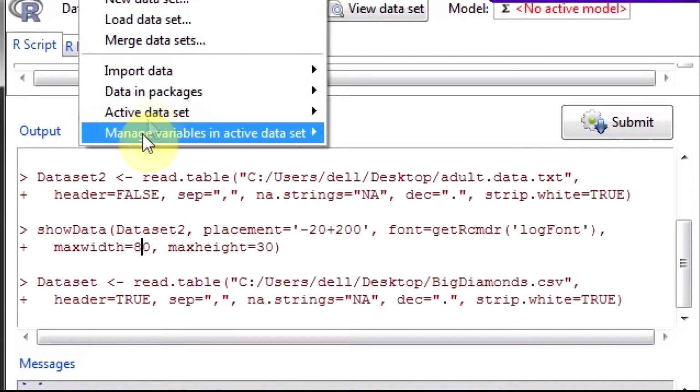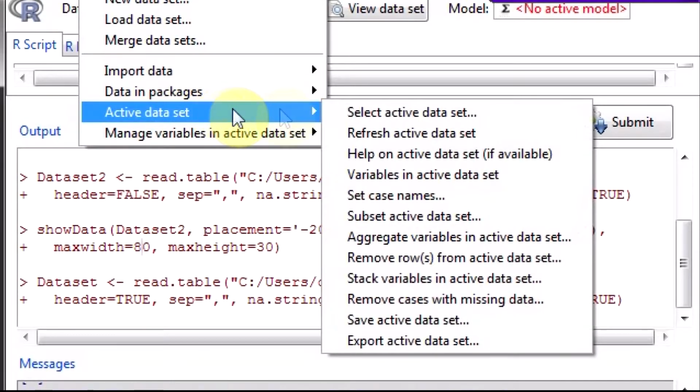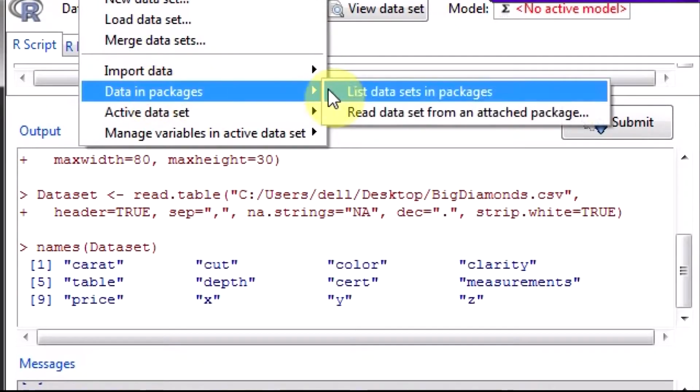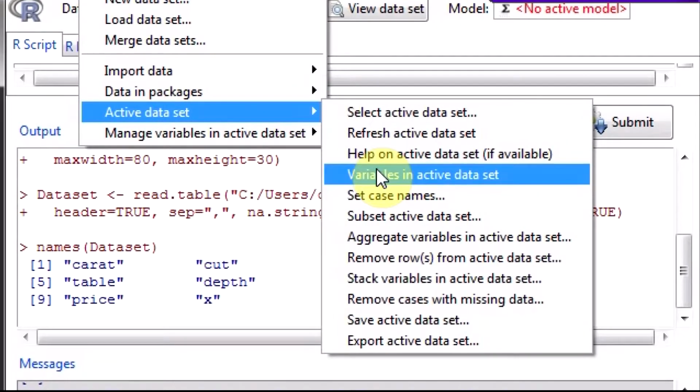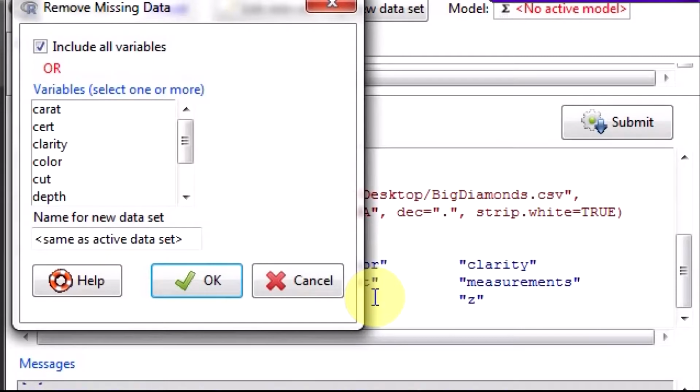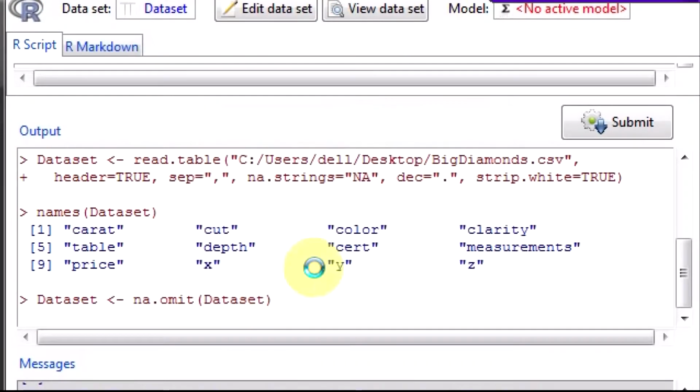You can do data, active data set, and say remove cases with missing data, include all variables, right? So it will do na.omit. So it has removed some 4,300 rows.